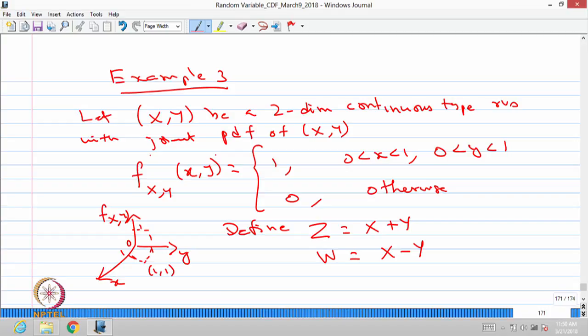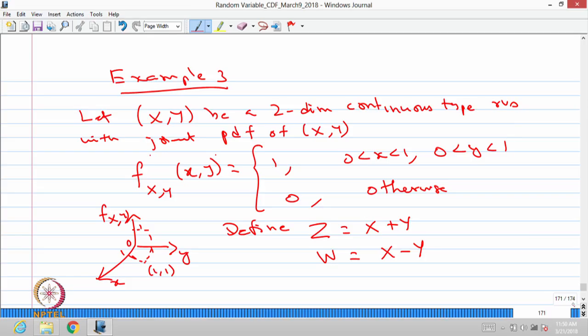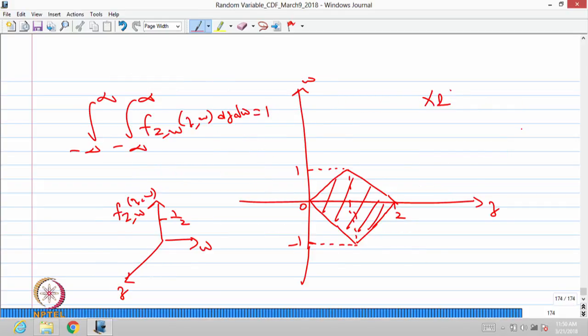Similarly, if you find the marginal distribution of y, that is the probability density function of y, that is also 1 between the interval 0 to 1 of y, otherwise 0. If you multiply the probability density function of x and y, that is same as the joint. So, you can conclude x and y are independent random variables,